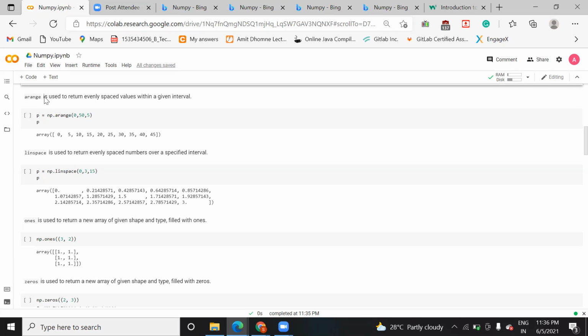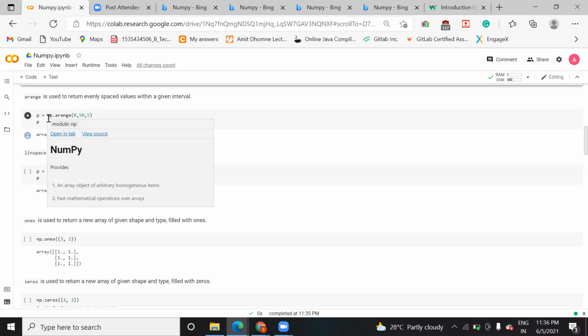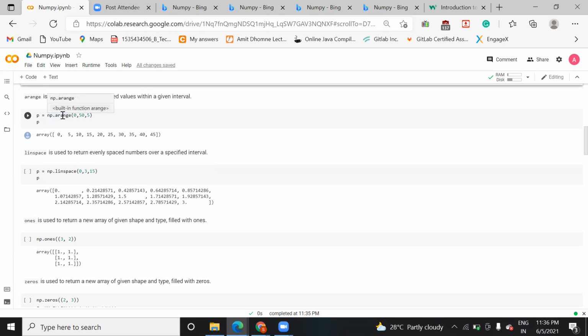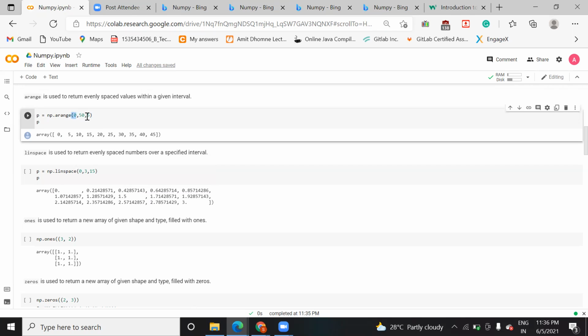I have added a proper definition also, as well as the syntax of this numpy arange, which you can see here. So this np.arange function takes three parameters: your starting value, end value, and the interval between those values.